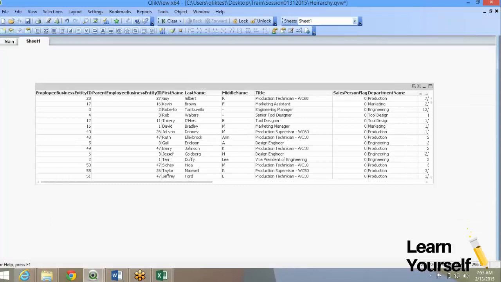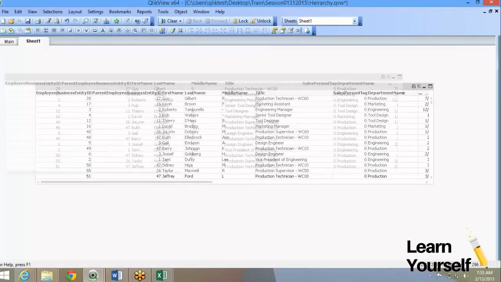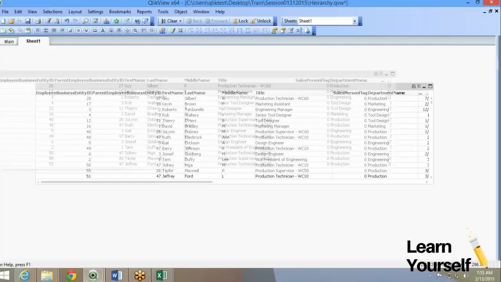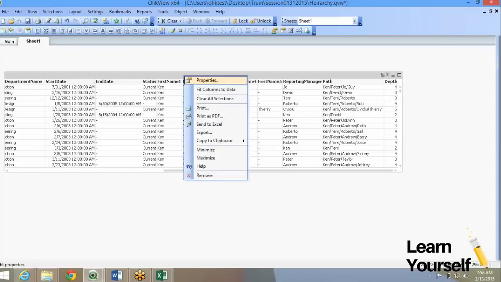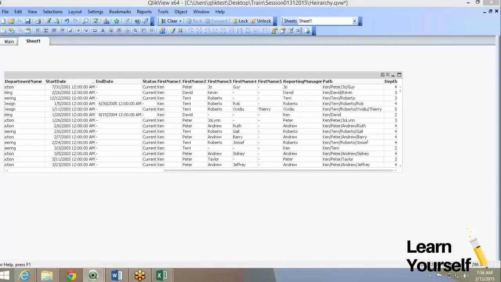So for every employee, QlikView looped itself and created the levels of reporting columns. So the highest level of reporting in the organization is 5 levels. So there are 5 columns. The reporting manager name it took, the path it created, and the depth of every employee. So to be more precise, I'll delete a few more departments. Start and